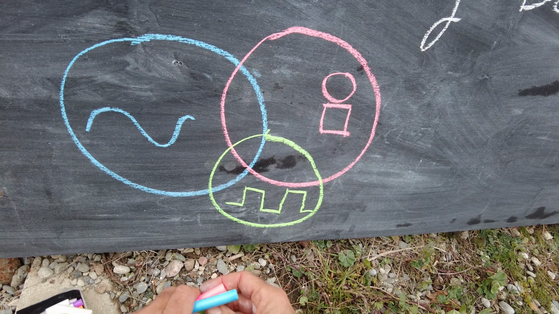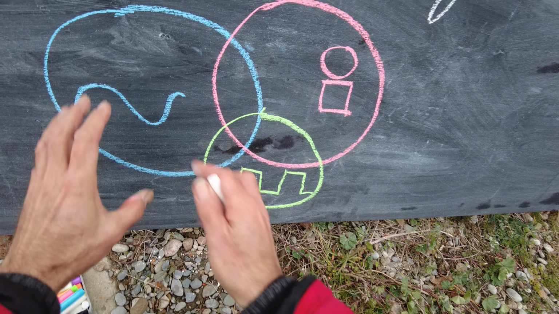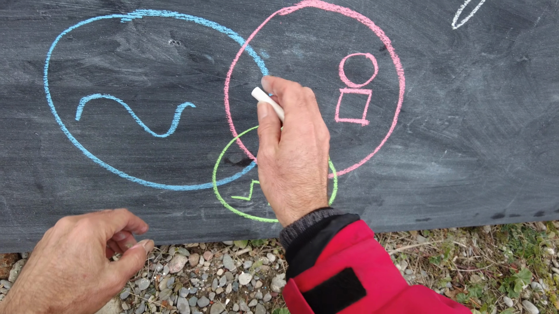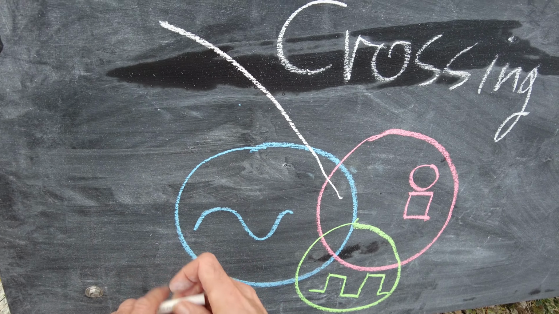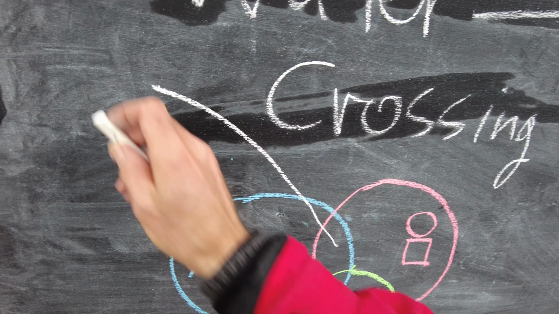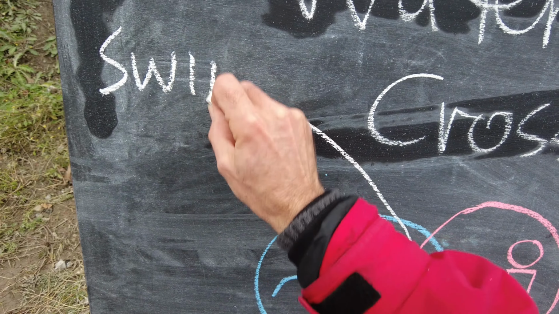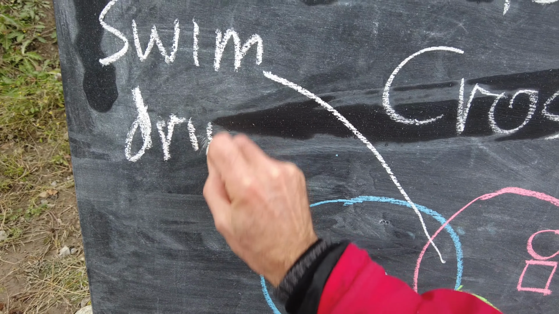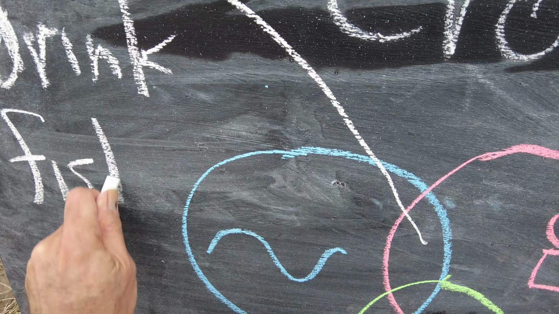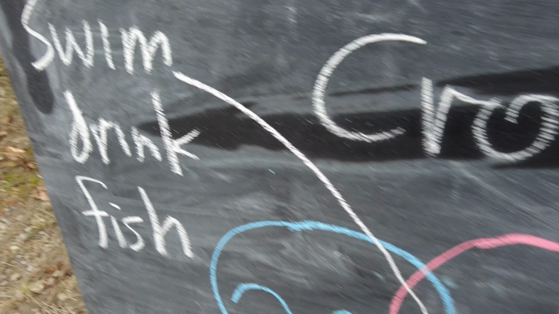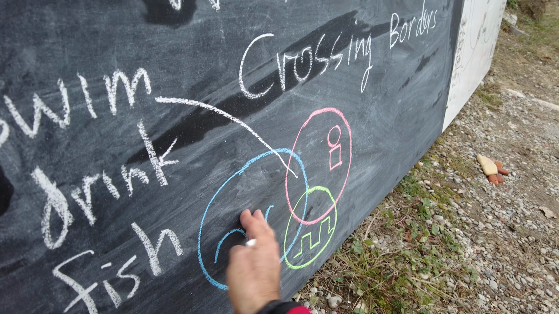And in terms of these intersections, there are three areas of intersection. There are three different ways that water and humans can intersect, and Mark Matson summarized it very nicely. We can have swim, drink, fish. When we swim, the human goes into the water.